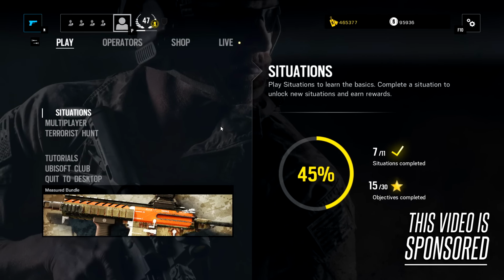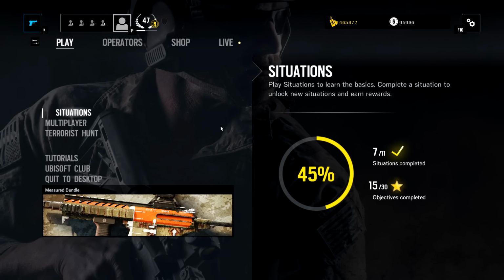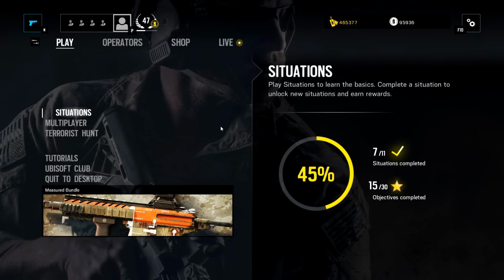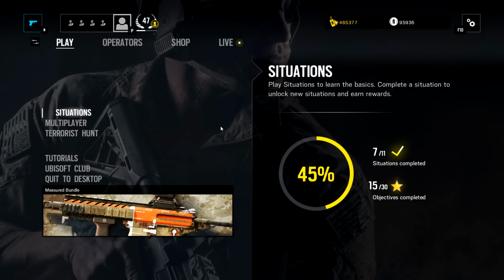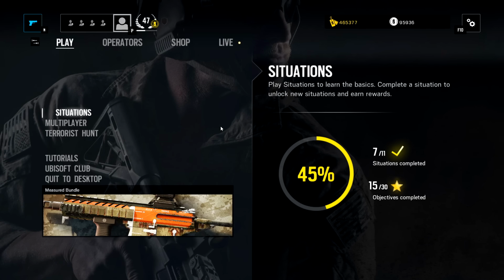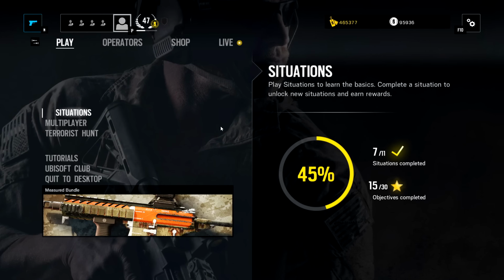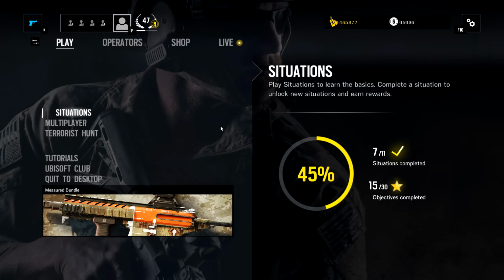Now, Dustline didn't only add new operators, it added a ton of other things, including headgear, charms, and a new map. So before we talk about the new map, let's talk about a few other things that have come out with this recent DLC. One of the things that I do like is that mid-match, actually during your matches, after each round, you can go in and customize your operator a little bit more, change out sights, suppressors, gadgets, etc.,